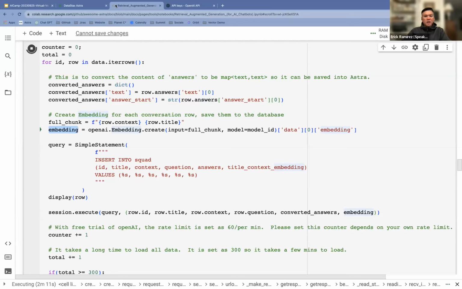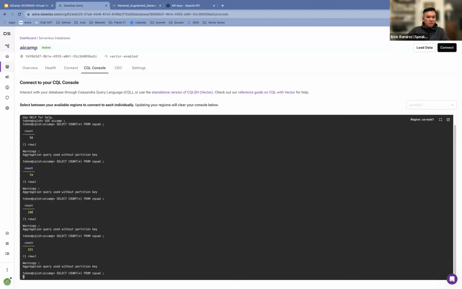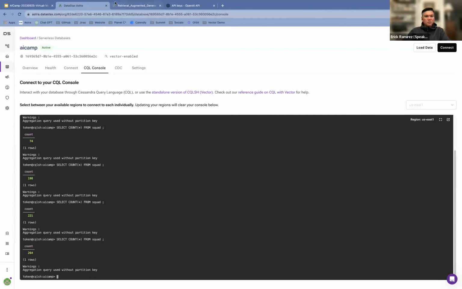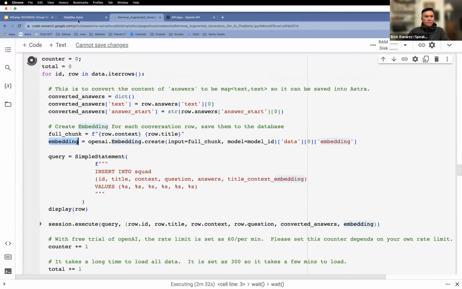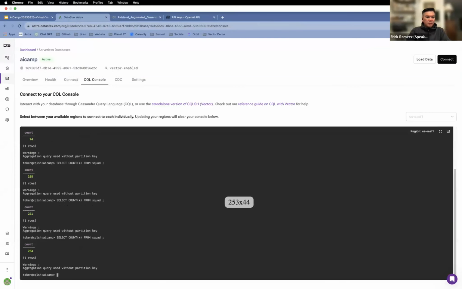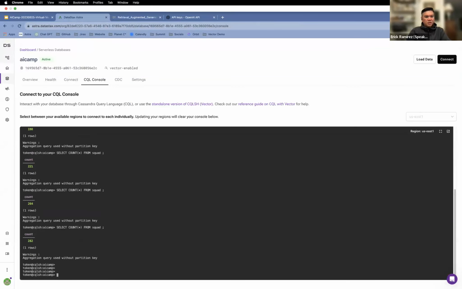So if you have a free account, this will take anywhere from 6 minutes to 10 minutes to generate the embeddings and insert it into your database. But because I've got a paid account, it's a little bit quicker. 264. Nearly there. 282.